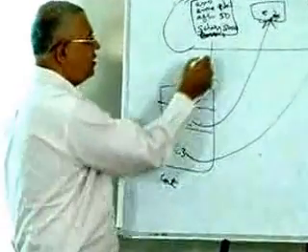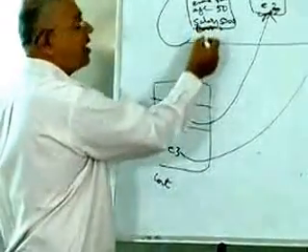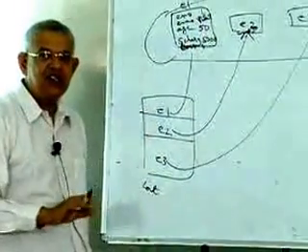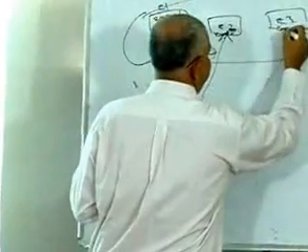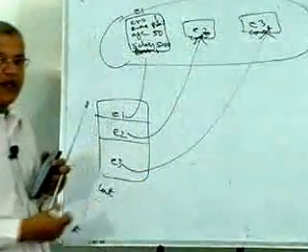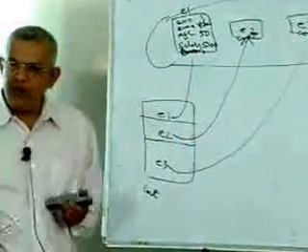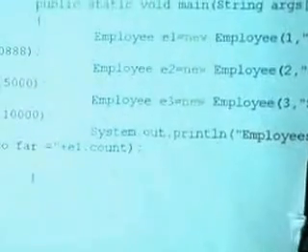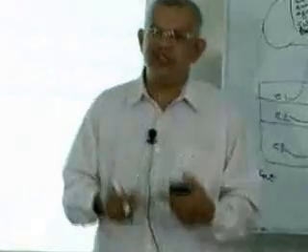Meaning, there is no value here if I individually increment my count, which is an instance variable of this object. E1 has its own count, E2 has its own count, and E3 has its own count, which is getting incremented every time, and it is becoming plus plus, so it's becoming 1. If I were to check here E1.count or E2.count or E3.count, I would get exactly the same answer. All of them will be 1, because their own individual copies have been incremented when they were instantiated.